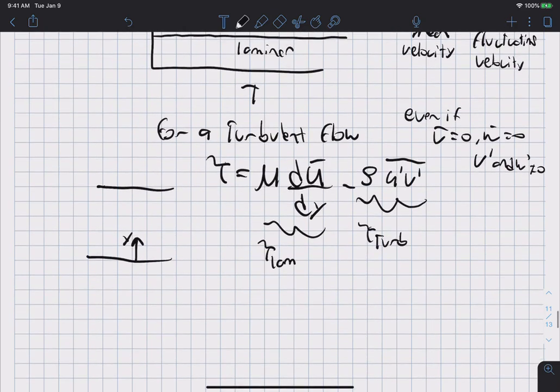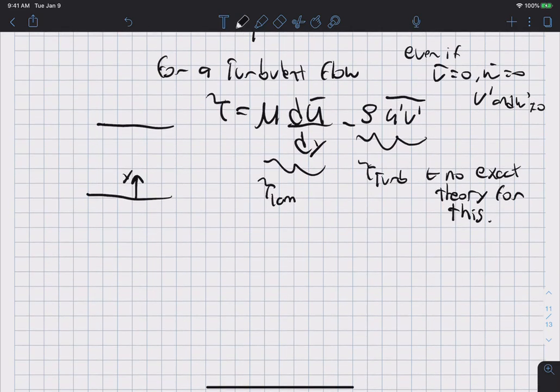Okay, and there is no exact theory for this. It's really analyzing this. These turbulent flows are what make fluid mechanics such a difficult field. And in fact, turbulence is actually one of the greatest unsolved scientific mysteries, to the state where you still have physicists working on it. It's at that level of being unsolved. And now there are lots of ways to model tau turbulence, or the turbulent shear stress, and it is sometimes modeled with